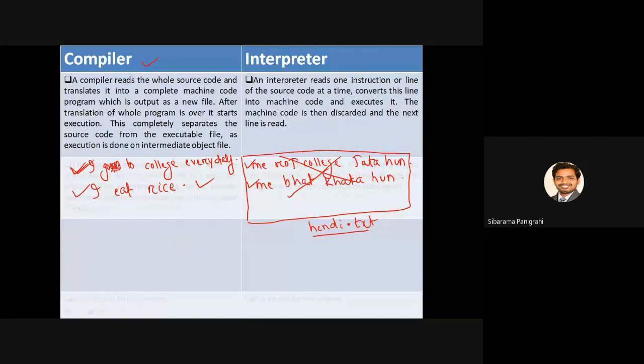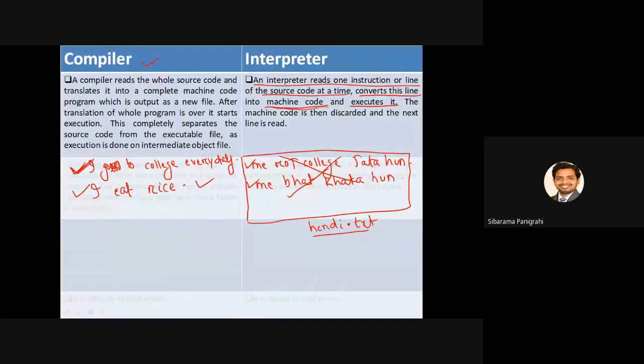So this way, what does the interpreter do? An interpreter reads one instruction or line of source code at a time, converts this line into machine code, then executes it. So first it will read a sentence or line of code from the source file, then it will translate it into the target language, which here is machine code, then it executes it.